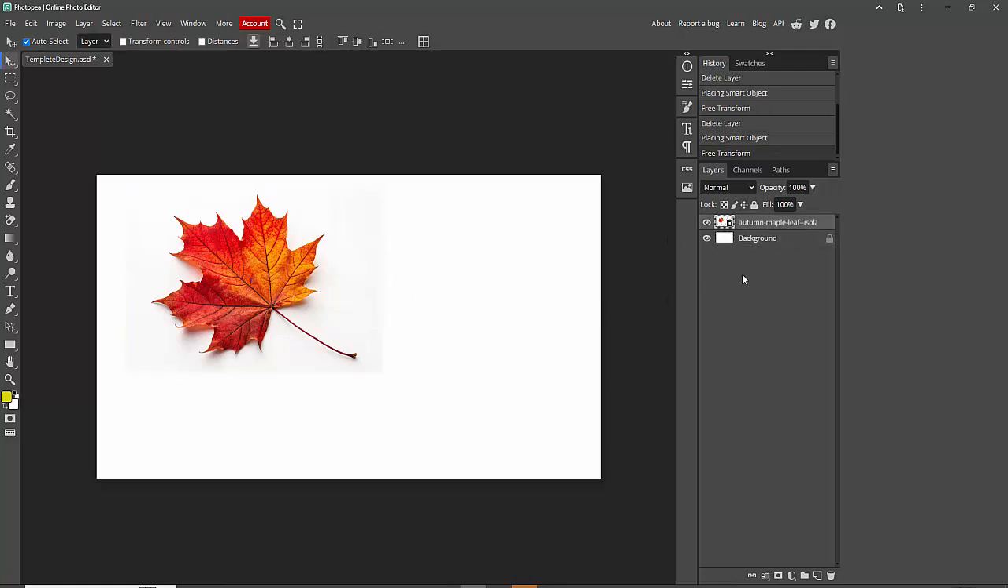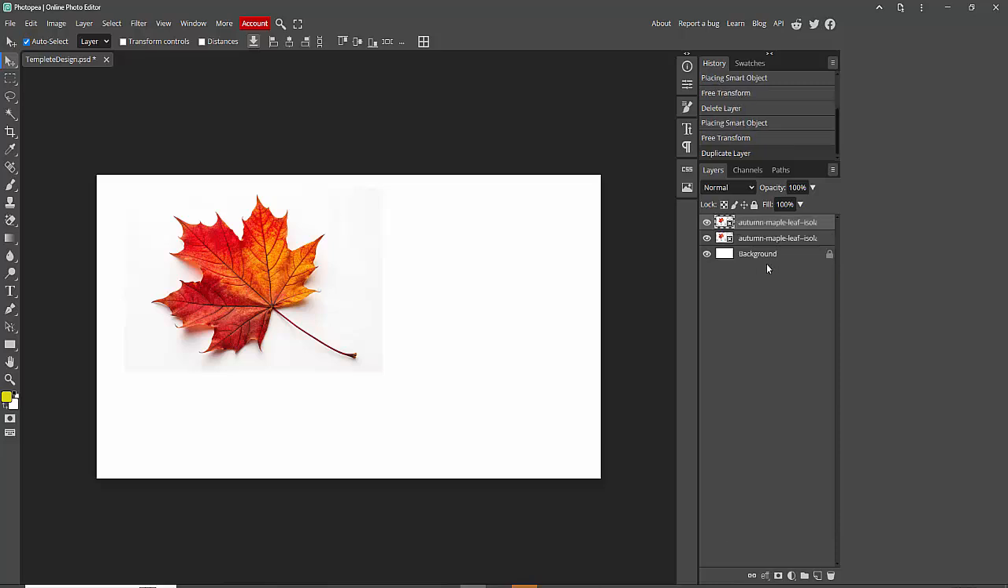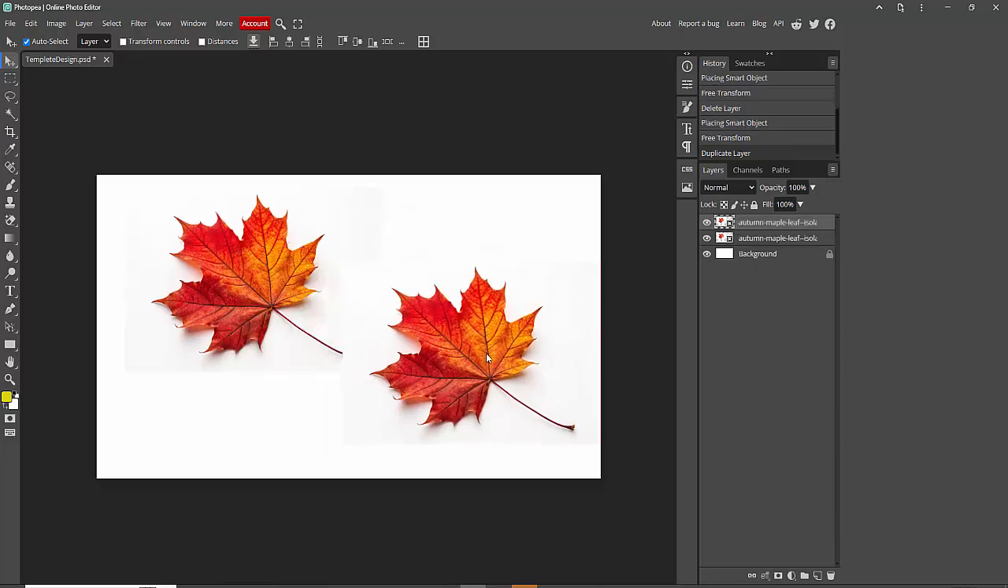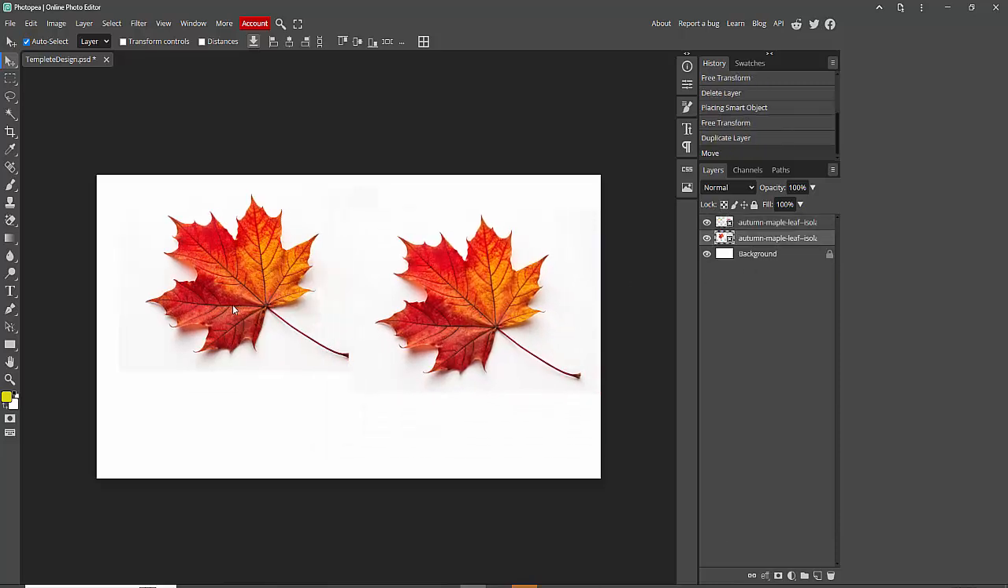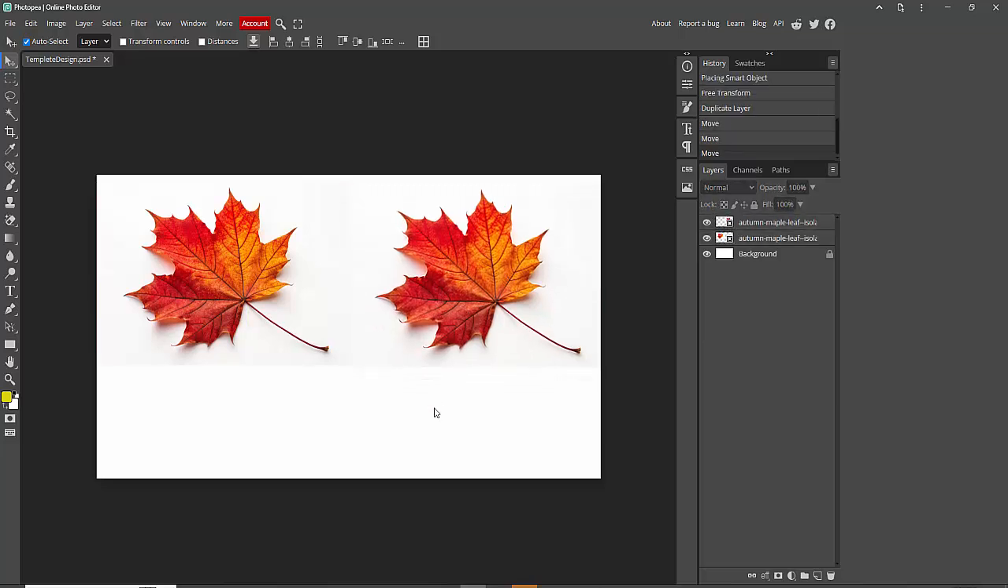in picture. Now we can see, now click on the layer, go to the mouse right button, then click Duplicate Layer. Now move the image. That's it. Now you can see copy and paste image in Photopea software is very